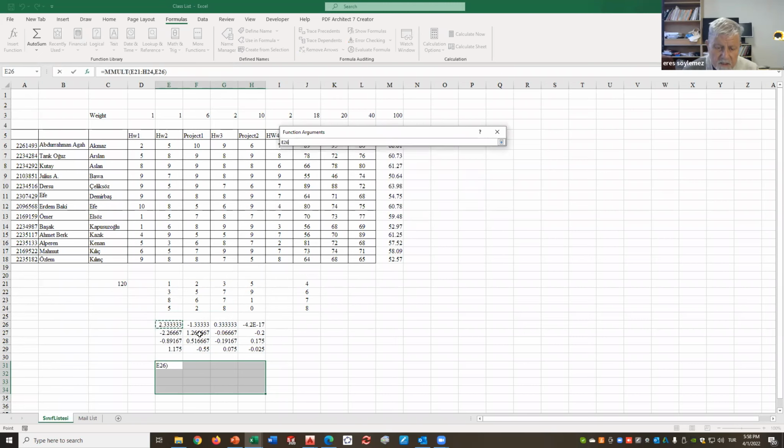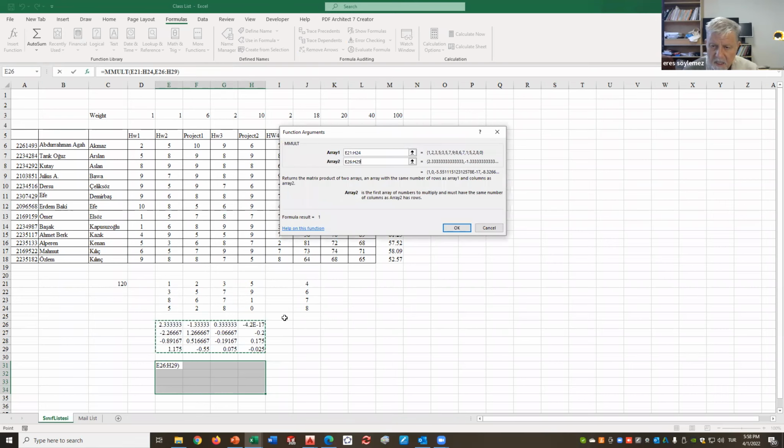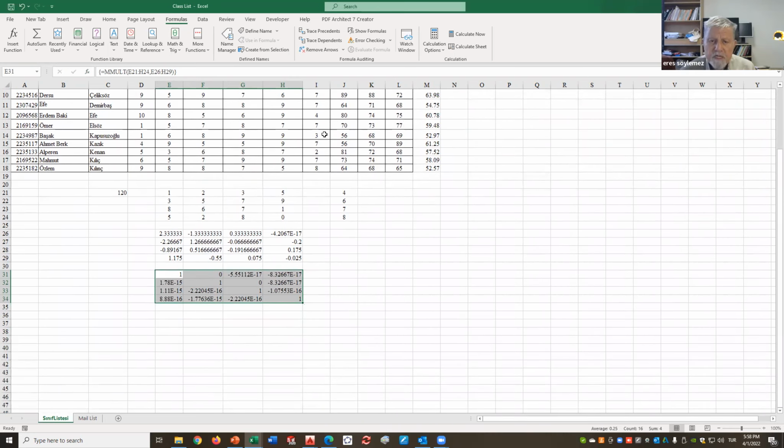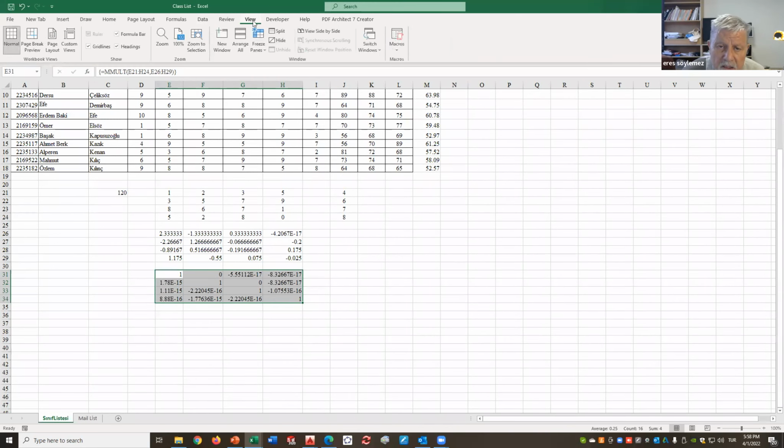The second array is this array. I will use the previous version, Control Shift Enter. Now you see numbers different than, let me enlarge the view so that